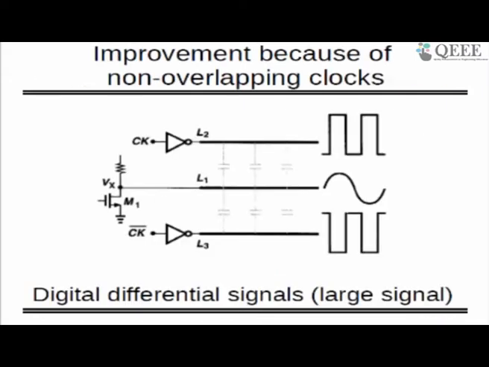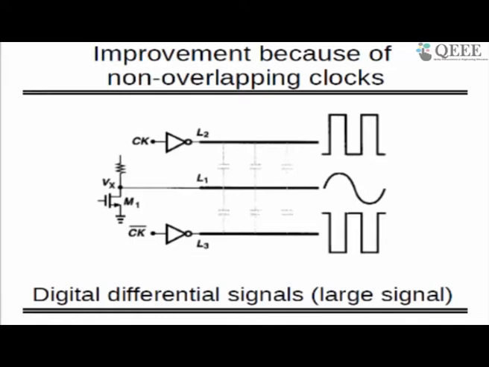Now this is also another technique if you want to improve: let's have non-overlapping clocks, meaning on one side the clock goes 0 to 1 and on the other side it goes 1 to 0, and a line goes in between. If you do this, although there is coupling of capacitors, or there are so many parasitic capacitors, they are going to remove the noise coming from those clock signals, and at the output of my single-ended amplifier